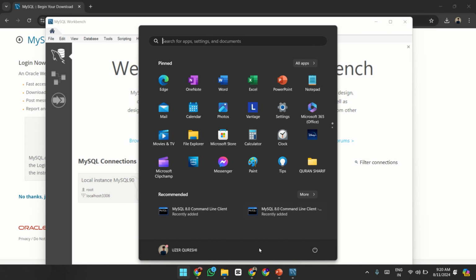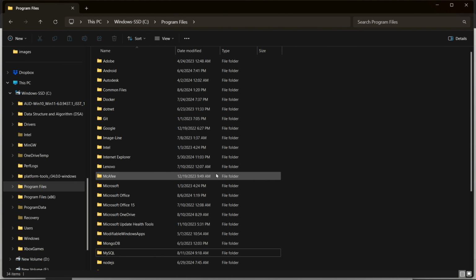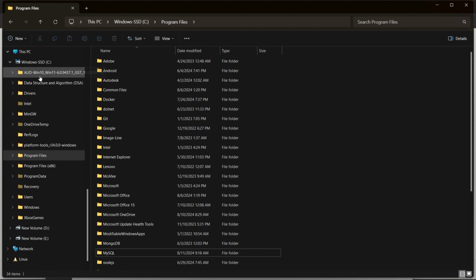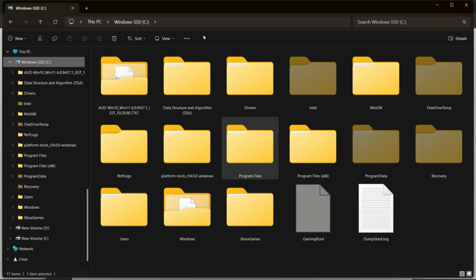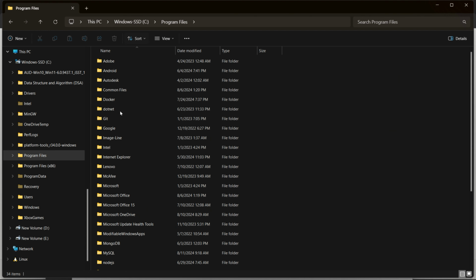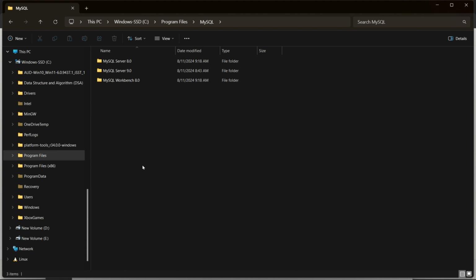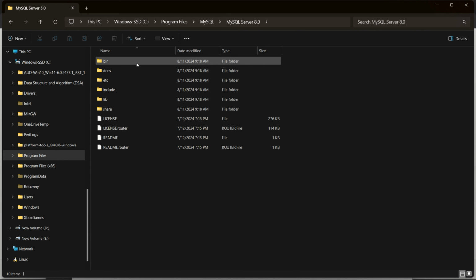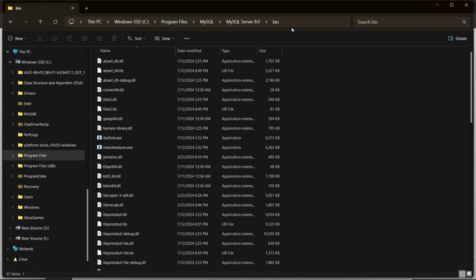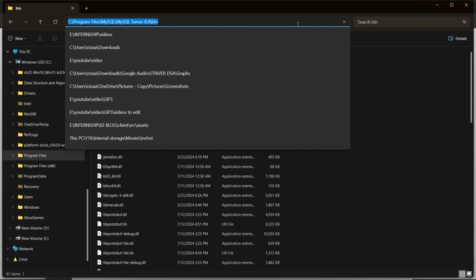Now before this we have to go in the folder. Choose the C drive. In the C drive we have to go in Program Files, then to MySQL, then Server 8.0 and bin. Copy this link location